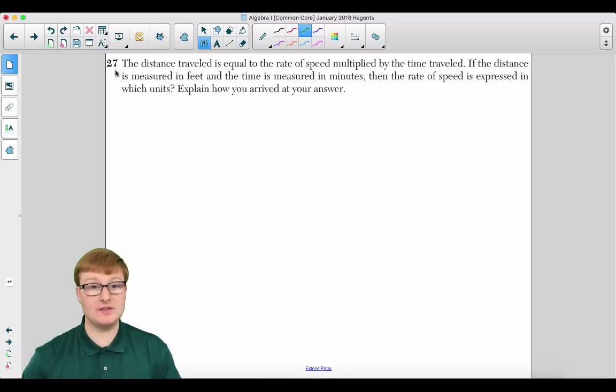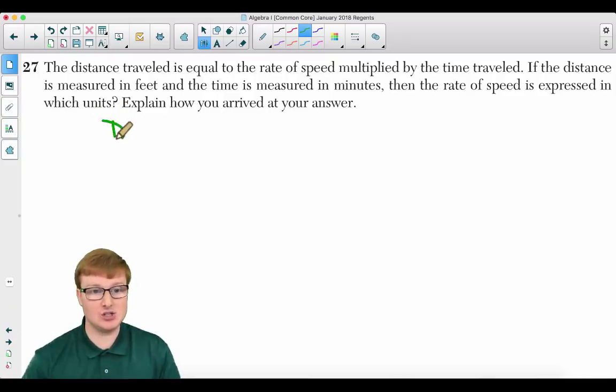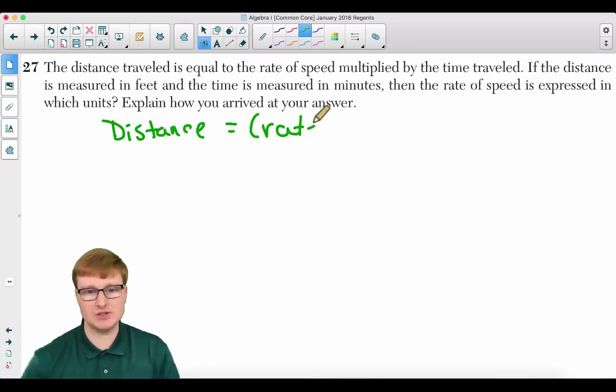Moving on to 27. The distance traveled is equal to the rate of speed multiplied by the time traveled. If the distance is measured in feet and the time is measured in minutes, then the rate of speed is expressed in which units? Explain how you arrived at your answer. So this is what they're saying. They're saying that the distance traveled is equal to the rate of speed